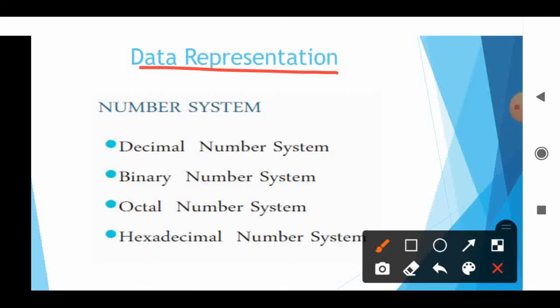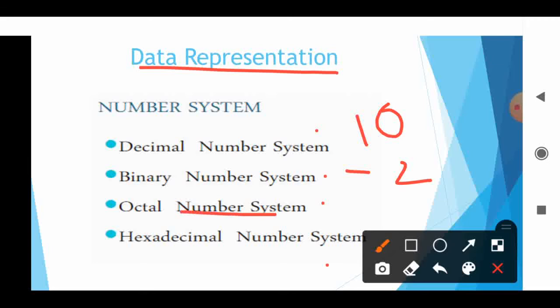So the digital number system has various number systems, but the most common ones we are using are the decimal number system, binary number system, octal number system, and hexadecimal number system. Decimal number system means it is a base 10 value. That means it has the digits 0 to 9. Binary number system means it is a base 2 value. It has the values zeros and 1s.